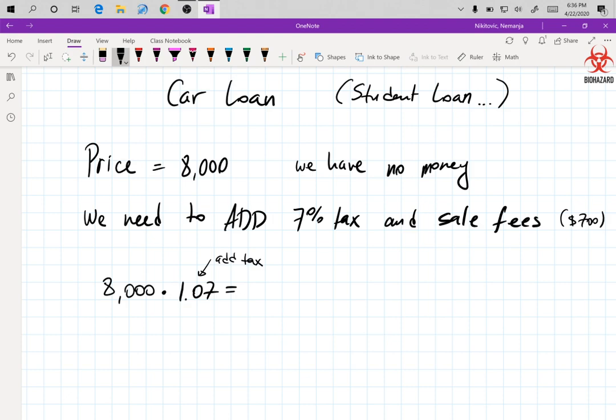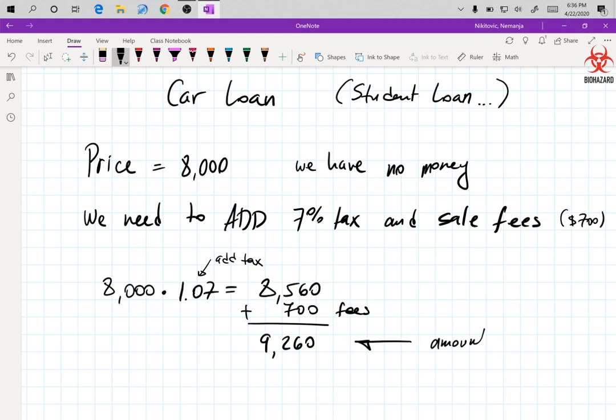So that's 8,000 times 1.07 to give you 8,560. And then we add $700 of fees to get 9,260. This is the amount we need to finance